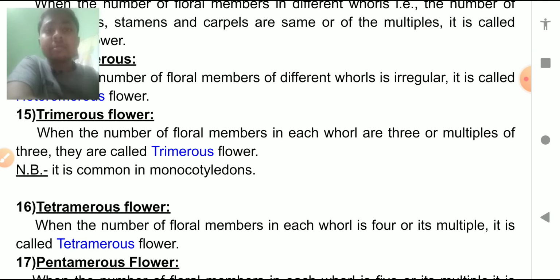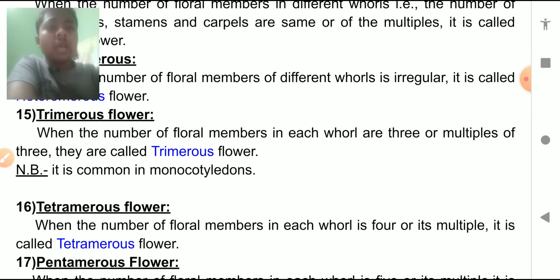Then this flower can be called a trimerous flower, because tri means 3. In biology or any science topic, tri always indicates 3. So that is the reason it is called a trimerous flower. It is commonly present in monocotyledons. This is a very important thing: most monocotyledon flowers bear